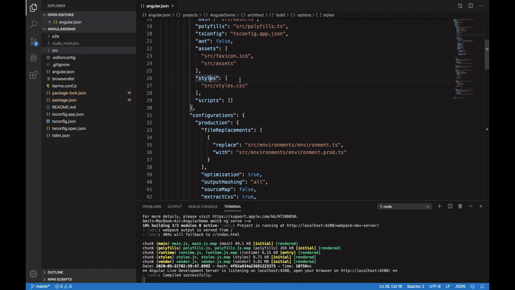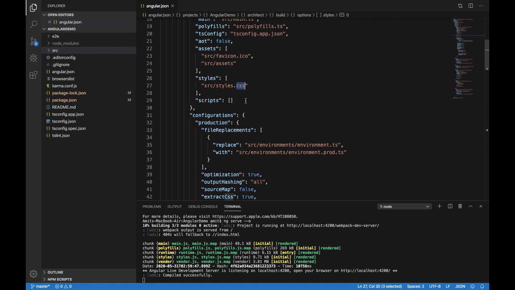This is the styles path, which your application is going to use. If you remember, when we were creating a new application with the ng new Angular demo command, at that time it asked which kind of style you want to add in your application, and I had selected CSS files. There were options to select SASS or SCSS files also, so you can select those options. Accordingly, the angular.json file will get changed.